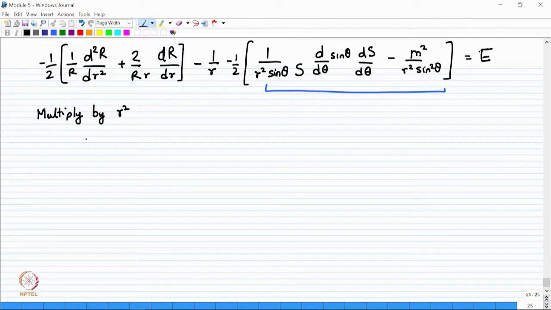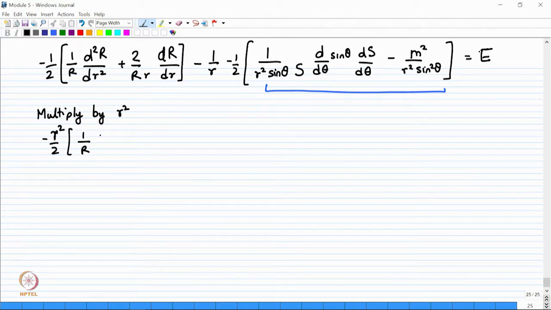Then the part that depends on theta is just contained in this term, and that should be a constant. So you will get minus half, and I will just put an r square,